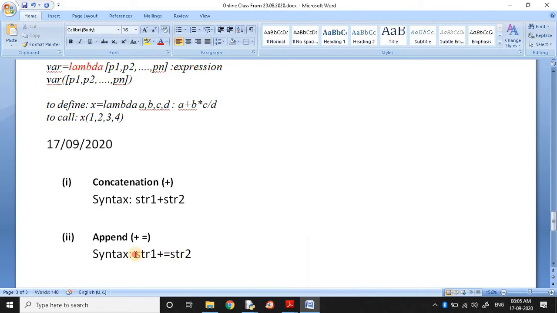Here, at the end of this string, string 2 will be inserted. Contents of string 2 will be inserted. So string 1 will be changed. In the previous operation nothing is changed; for that operation only these are combined, but string 1 remains the same value, string 2 remains the same value. Here string 2 remains the same, but string 1 changed, because the string 2 value will be inserted at the end of string 1. So string 1 becomes the existing text along with string 2 content at the end. You have to remember this.